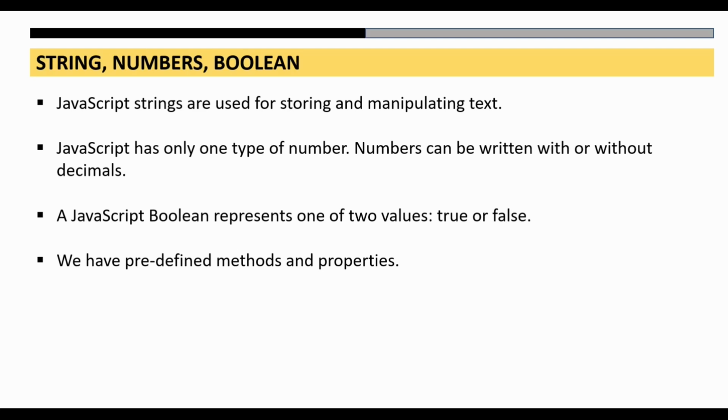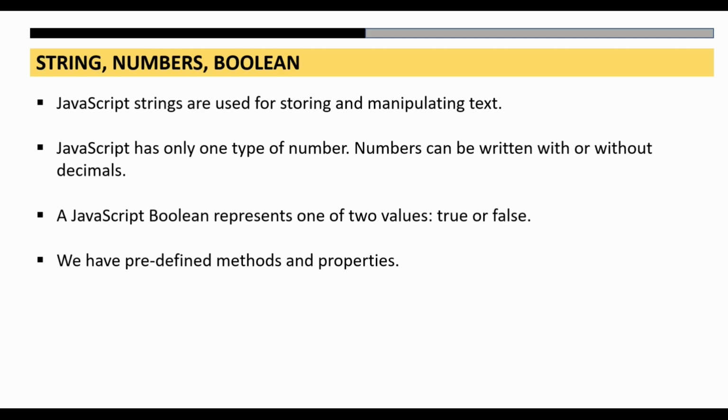This is something, if you remember in the operators video, you can compare. If you store that comparison operator in a variable, it is going to give you true or false. That is nothing but a boolean value it is going to store inside some variable. And definitely all these will have predefined methods and properties. I will tell you what predefined methods and properties are. Every data type, even if it's string, number, boolean, every data type has predefined methods and properties which we can use